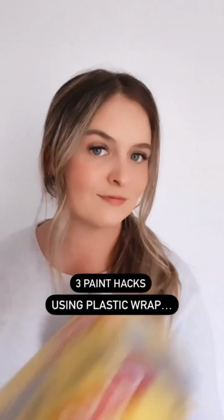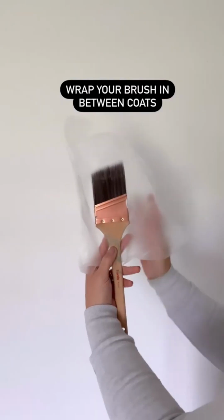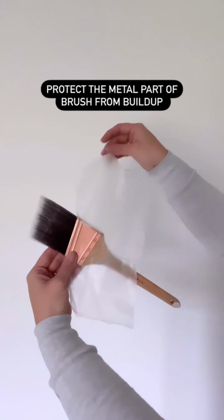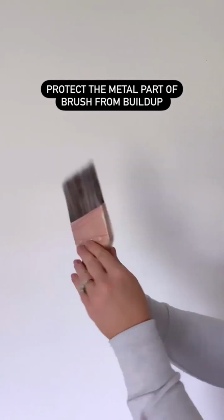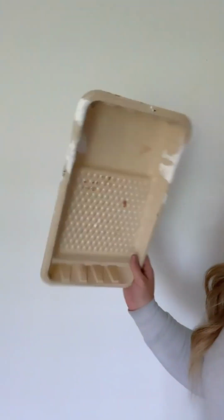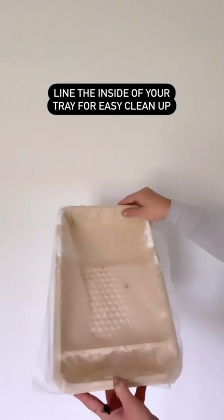Here are 3 paint hacks you can try using plastic wrap. In between coats, use a piece of press and seal to wrap your brush so that way you don't have to rinse it out every single time. Wrap a small piece of press and seal around the metal part of your brush while you're painting for super easy cleanup. And lastly, my favorite hack, line the inside of your tray with a piece of press and seal